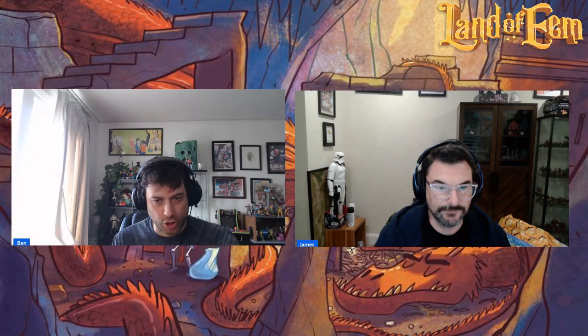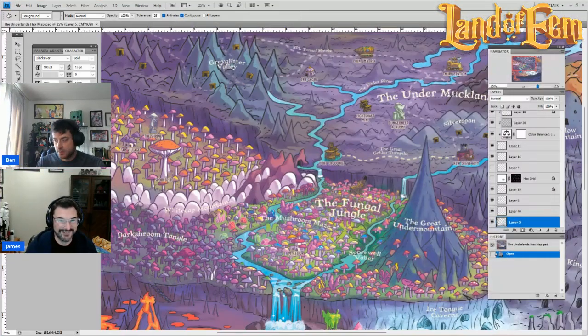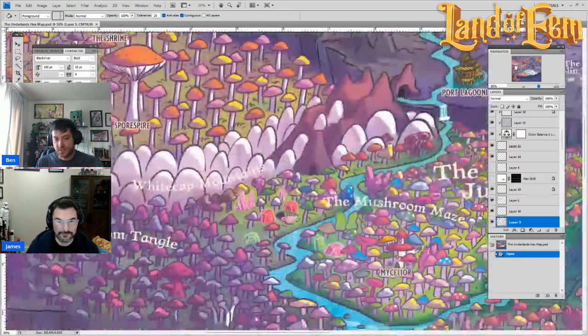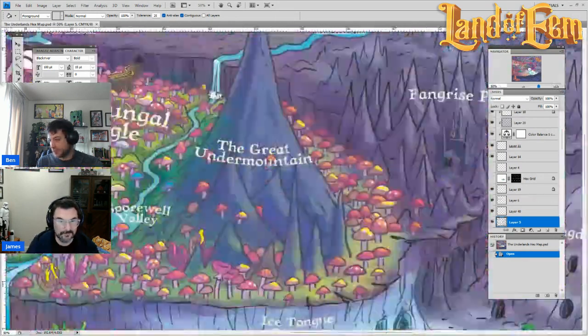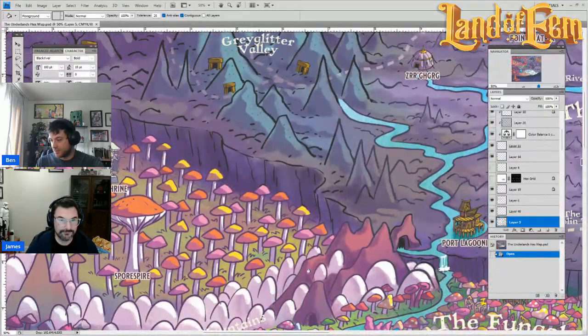Do we have that to show? No. But I do have a map to show. Check it out. So, slowly pecking away at this map, and you can see that a lot of the fungal jungle is in place here. When you sign up for the Patreon, you will get this work-in-progress map to use, as well as